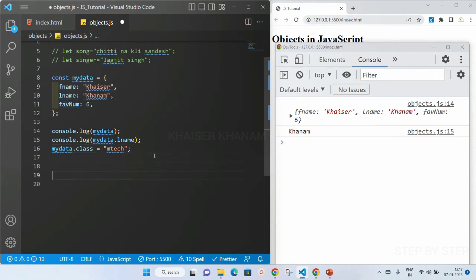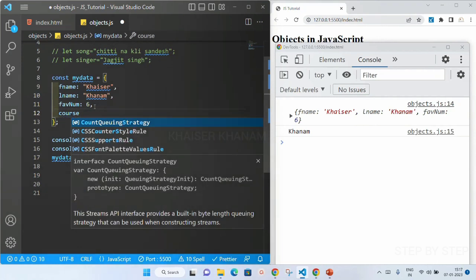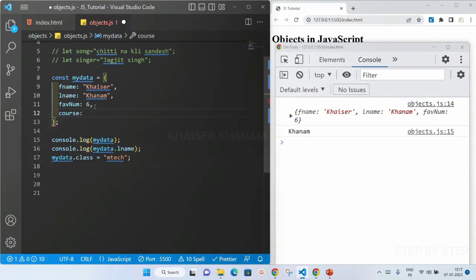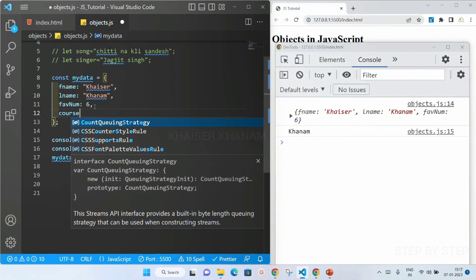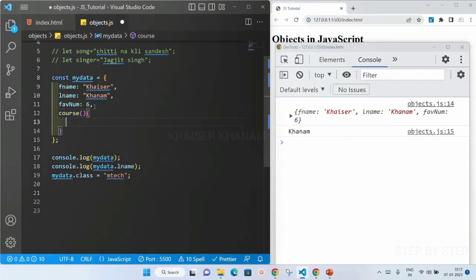Now let's talk about methods. Method, as we have already seen, when we define a function inside an object, it is called a method. Now in here only, I'm just going to add here, I'll be writing here course. Inside this, I'm just going to create one function, or directly you can just write here the function name. I will be writing here course. And inside this, I'm just going to pass